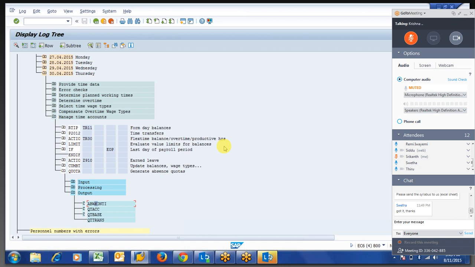Tirumurugan, yes. A small request actually. Before starting PCR writing, if you explain the logic in an Excel sheet or somewhere, it will be better to understand while writing the PCR. It will clear a lot of doubts, like where it is fetching from and how it is fetching. I will do the same thing.